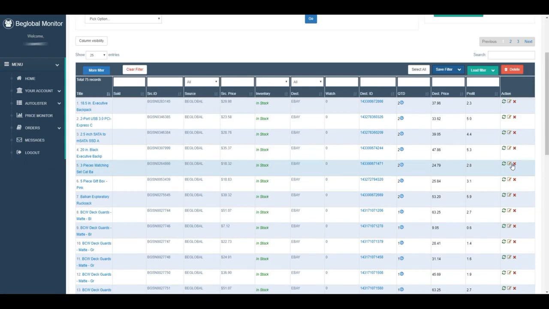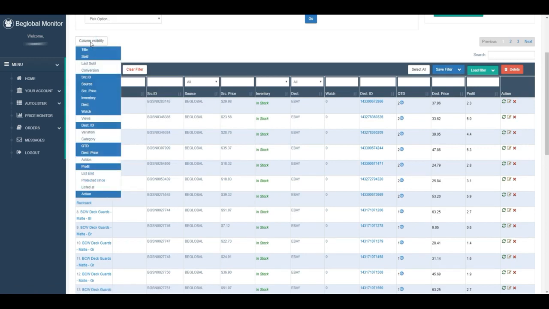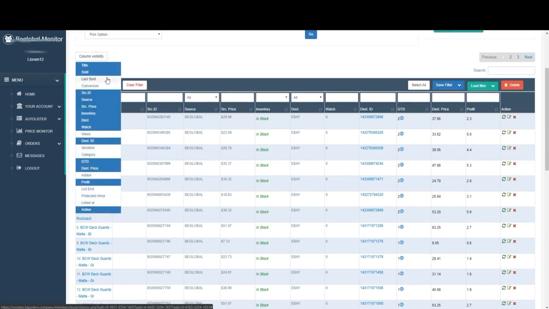Another thing I would like to show you about the columns over here that is very helpful is these small arrows on the right side of each one. Now when you are here, you can divide your items by title, which means A to Z. You can do by the date of listing. I see that is missing over here, so I will just go to columns visibility and I will edit. I go to listed at,